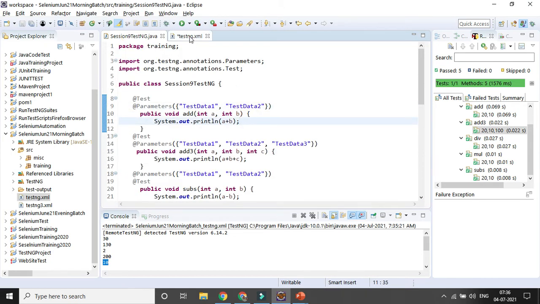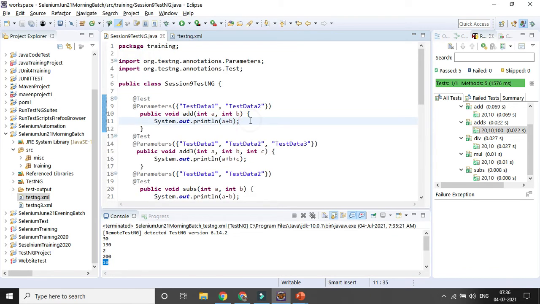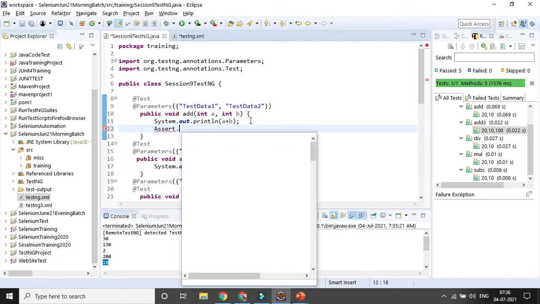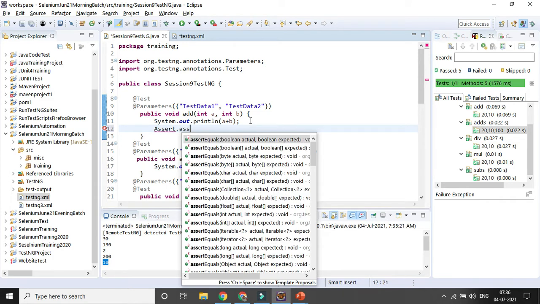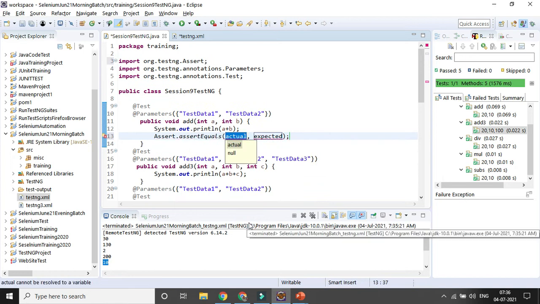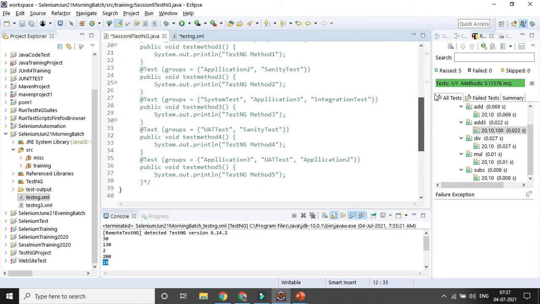But say I will be failing a test case. How can I fail it? I will be using some assert, Assert.assertEquals. Suppose I want to check 13 and 10. Definitely it will fail, as it is not matching this true value. So one test case I want to fail, and the other test cases will pass because I did not add any assertion. So everything else will be passed here.